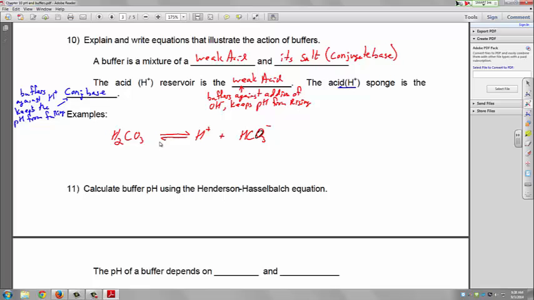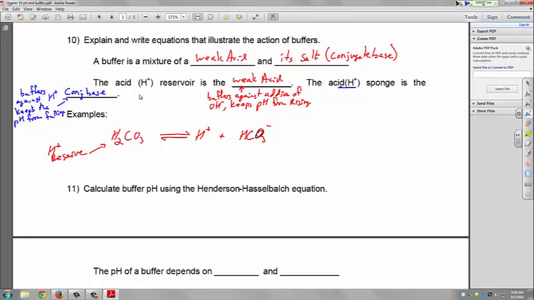I just didn't bother to put the water in here. So carbonic acid here is a weak acid, which means if we dissolve the stuff into water, most of it's going to stay undissociated like this. A little bit dissociates. So we have these hydrogen ions left in reserve. This is our hydrogen ion reserve,